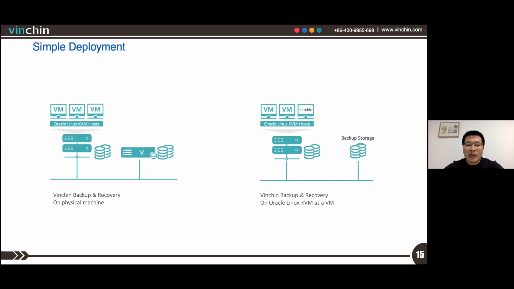The advantage of installing Vinchin on a physical machine is that backup and recovery jobs will not consume the system resources of the Oracle Linux KVM host, while the advantage of installing Vinchin as a virtual machine is that you can save hardware cost. But it is recommended to install Vinchin on a physical machine for better performance of both the production and the backup facilities.